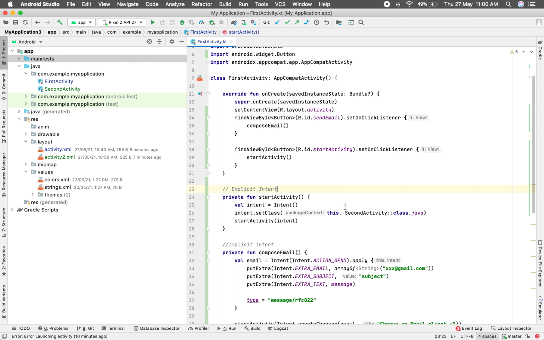So basically there are two types of intents. The first is implicit intent and the second is explicit intent.